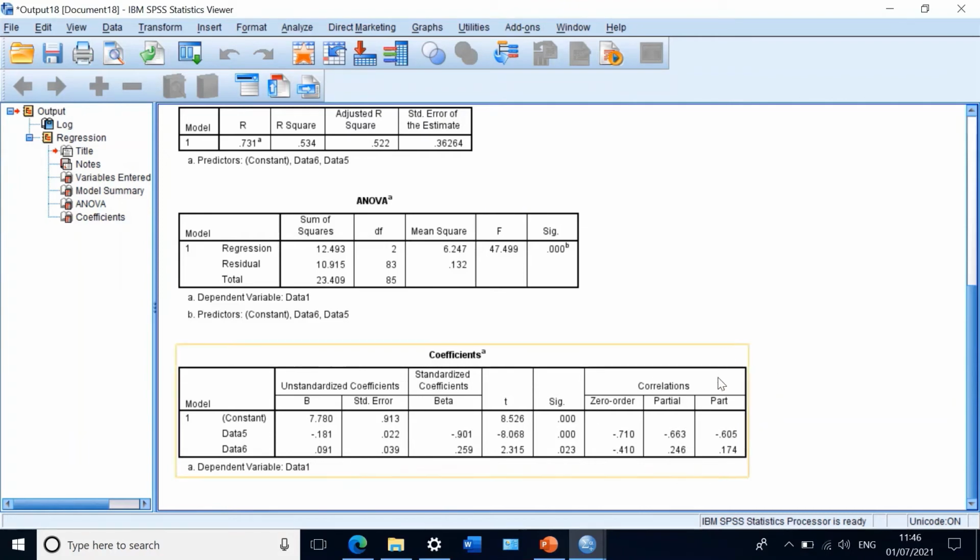In this table, we can see the correlation between data number 1 and data number 5, when we remove the effect of data 6 on data 5, or holding the effect of data 6 on 5 constant. The association between data 1 and data 5 is minus 0.605. So there is a negative relationship, and this negative relationship is moderate, and it is significant as the p-value is less than 0.05. So this table has calculated the part correlation coefficient for variable 1 and variable 5, holding variable 6